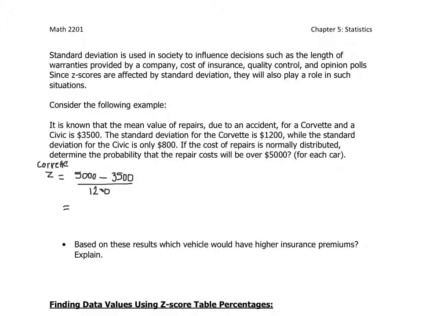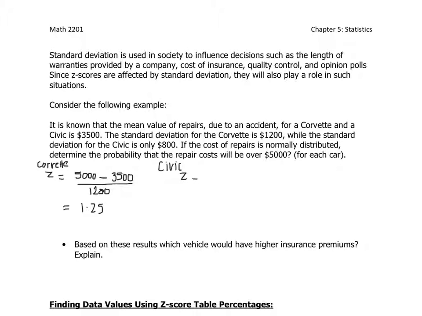So that means that we've got 5,000 take away 3,500, which is $1,500, divided by $1,200, is 1.25 z-score value for that one. And then the Civic,